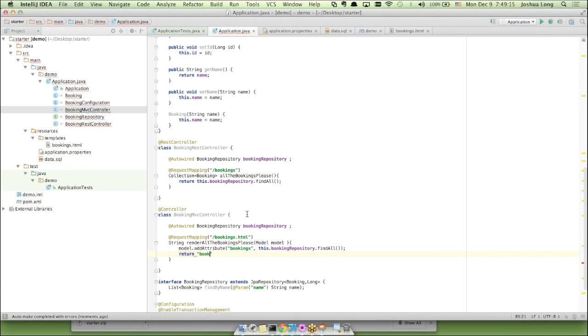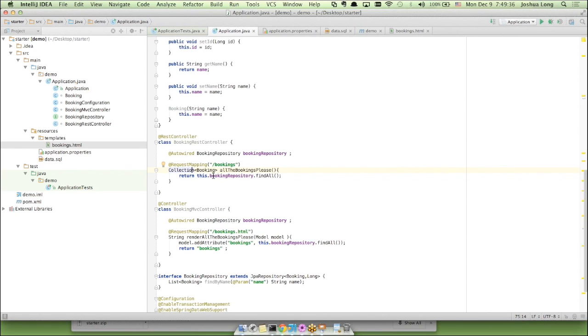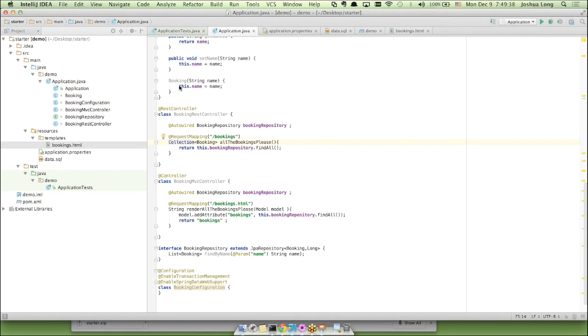Again, by default, it's just going to look for the view named in the same way, based on convention, as the string that we return from this controller method. So this will render an HTML page and delegate to this Thymeleaf template that we have here, and the RESTful controller just renders the collection and the objects directly using JSON, since our client specifies an accept header with JSON in it. We can now relaunch